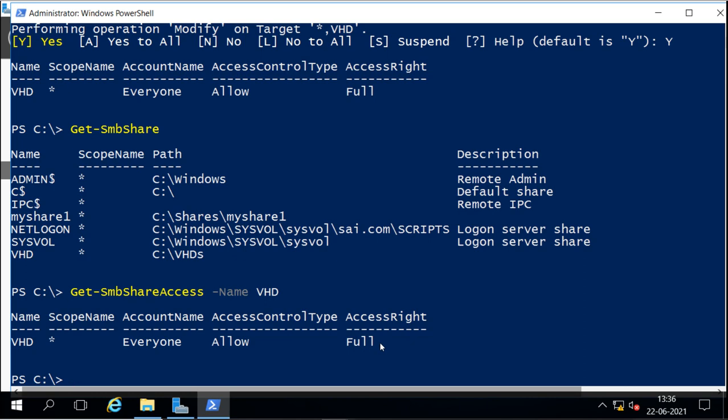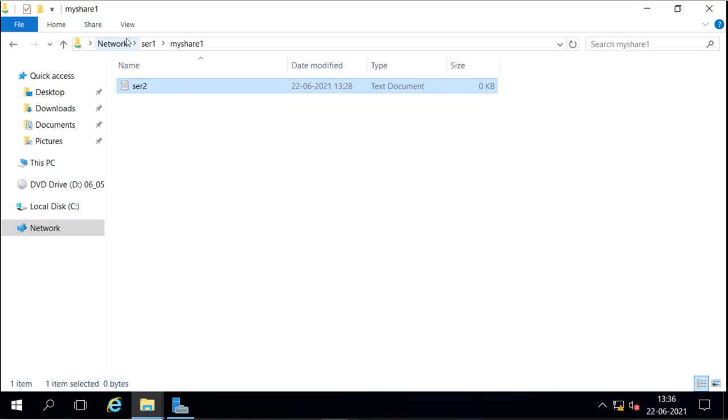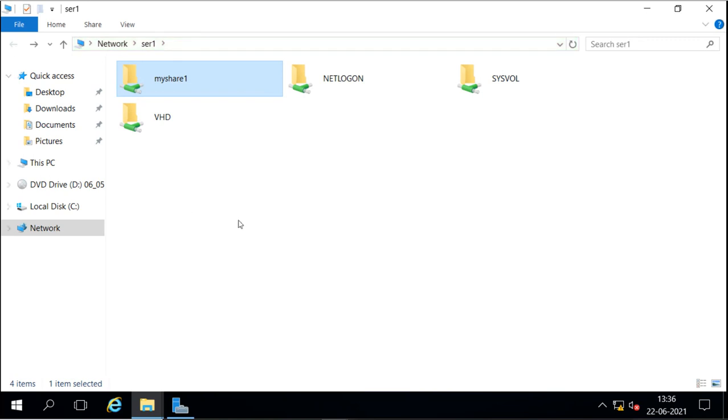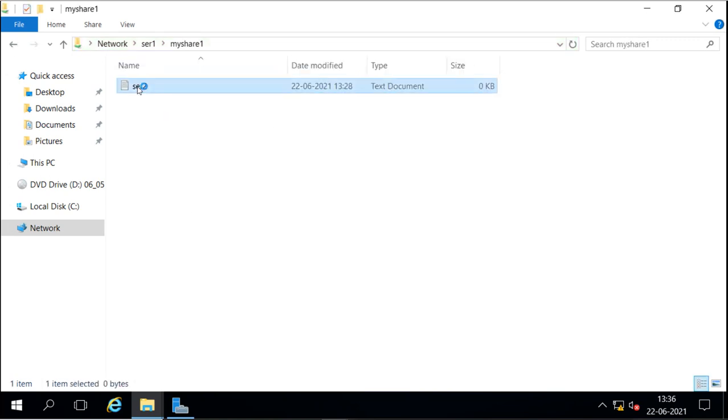And if someone opens the folder, we can see that also. Let's go to the client and access the folder. Now as we see here, on server 2, it is accessing the share folders, and it has opened this folder and this file.